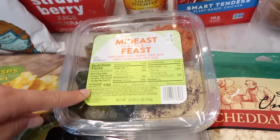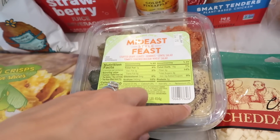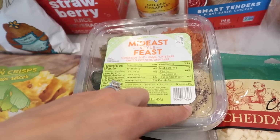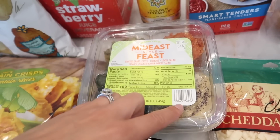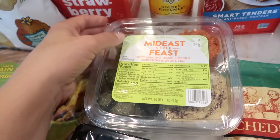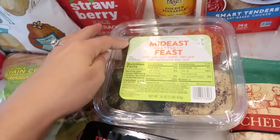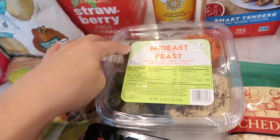I really love the stuffed grape leaves as well. This hummus is amazing. I would just say get some pita chips or some pita bread and you have a full meal. This lentil salad is my least favorite. It tastes like vinegar to me, so I don't typically eat this part. I share it with somebody else, but